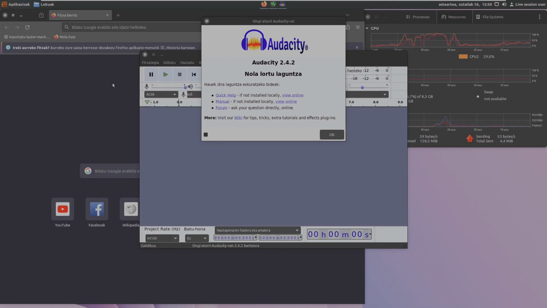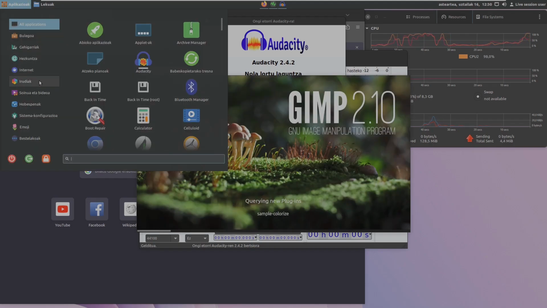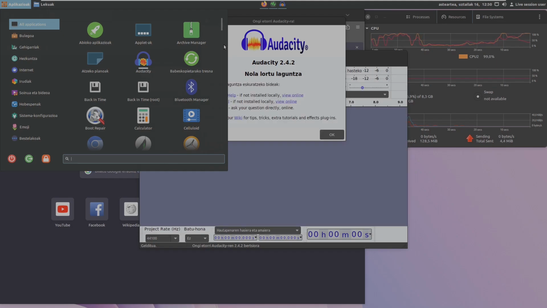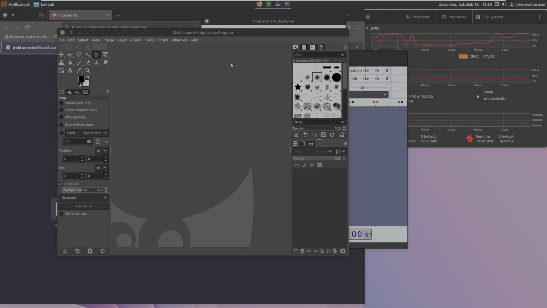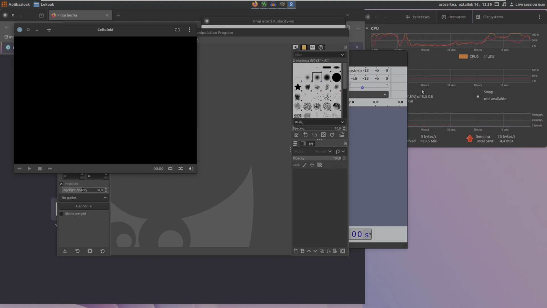So let's try to open some heavy resource consuming applications. Remember, it's 8 GB of RAM and I have a good CPU, which is an i5 1240p. Even with these, there will be a lot of lag sometimes, so you need to consider all those things. If you have 2 GB of RAM, I don't think it's going to work, because even if you open 1 or 2 applications, it should be way